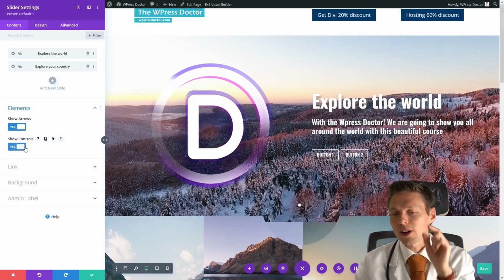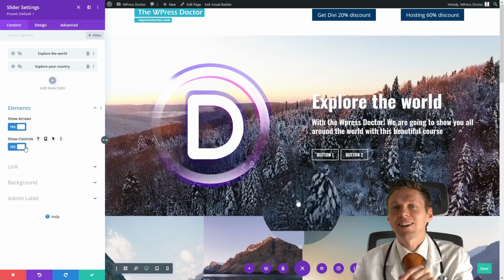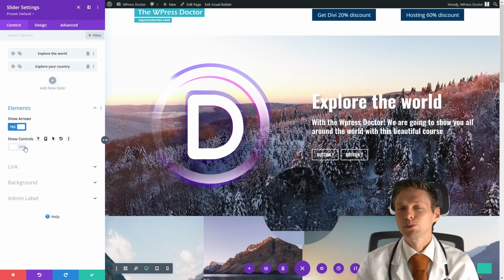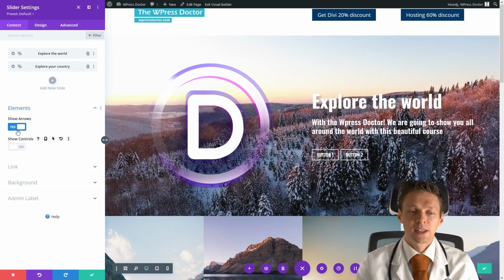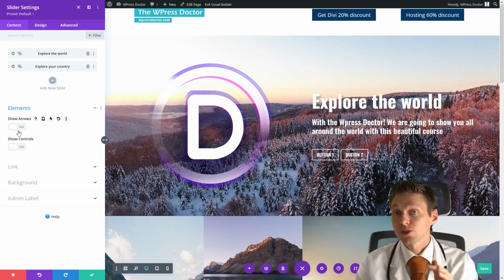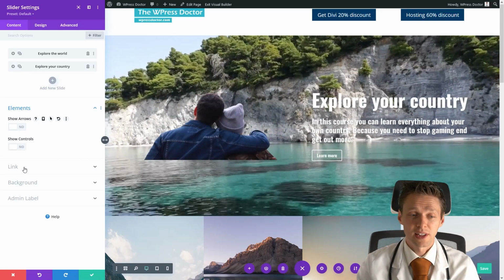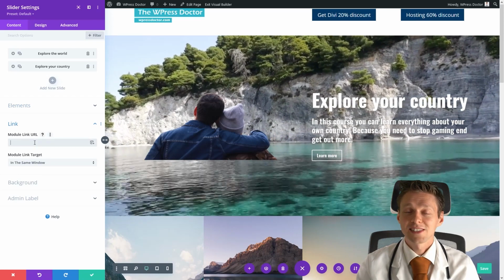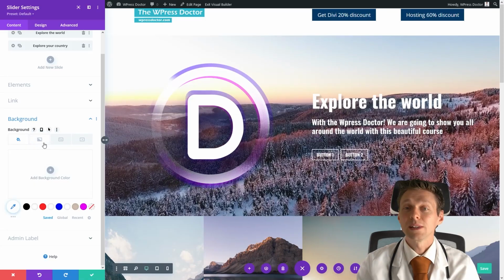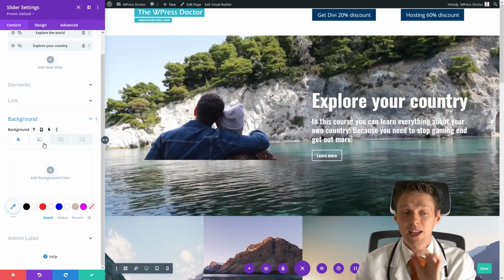If you look down there, these are the controls on your slider. I usually remove them. I really don't like them, but it's common that you use one of the 2 so people can interact with your slider. You can also make the entire module a link. Of course, the background, you don't need it because the individual slides now have backgrounds.